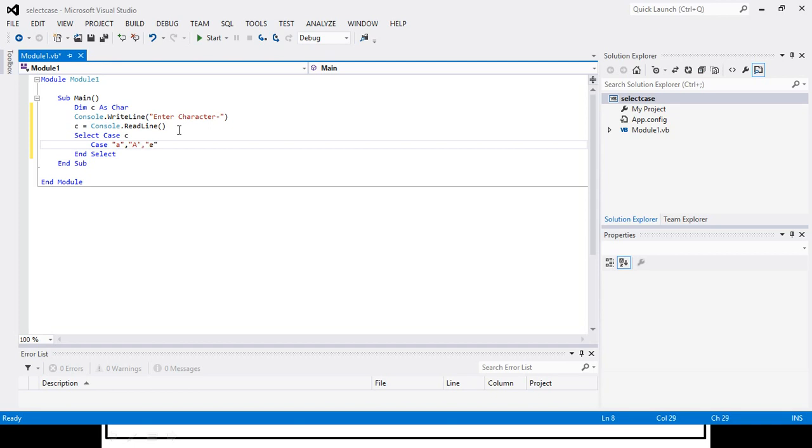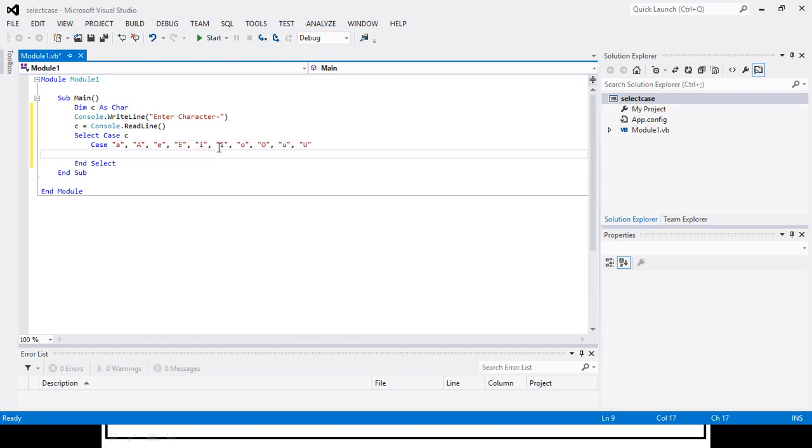Now here E, capital E, and here I will write capital I, and after that I will write O, capital O, after that U. So in this way.